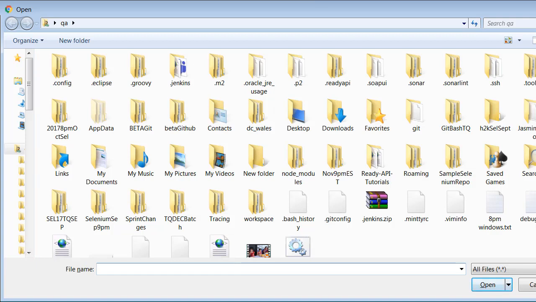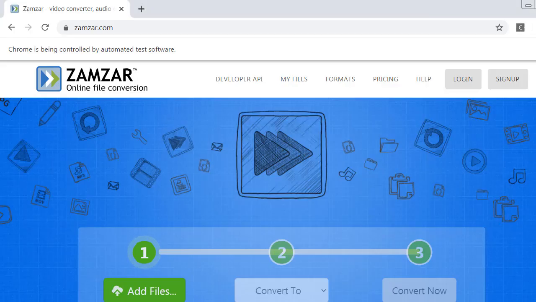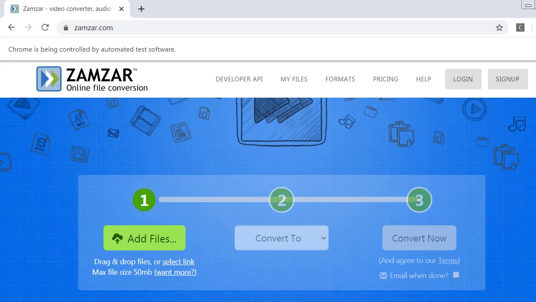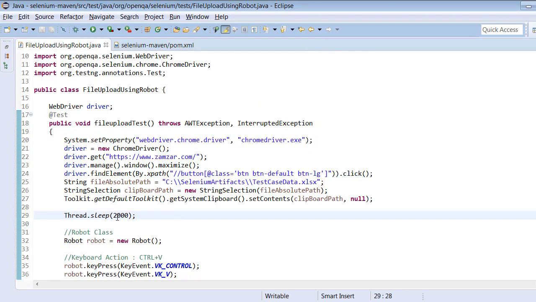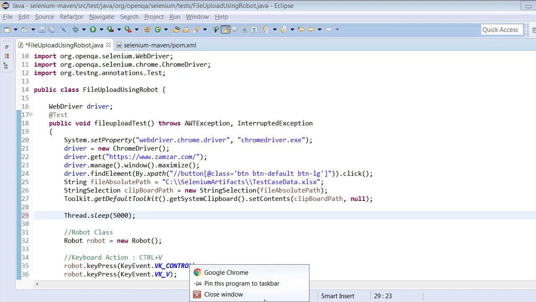I think no, the 2 seconds also did not help here to provide the path. So now the 2 seconds is not sufficient. What we have to do is provide more than 2 seconds. Let's give 5 seconds and see how this will work. Okay, let's start.